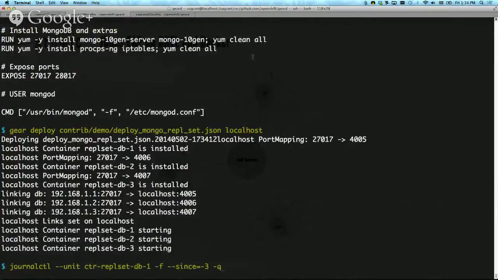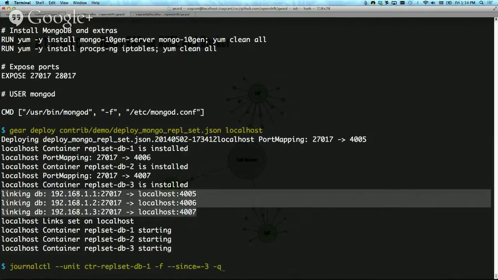But what I'm showing here is I've got this Mongo replica set. I created this image, and I want to wire that replica set together. And I want to do it in a way that it behaves the exact same on my local system as if it's remote. So the really important part here, and I think when we talk about GearD and OpenShift and why this matters for administrators, is trying to make it so that these simple configurations of clustered software that need to talk to each other, web apps that need to talk to DBs, load balancers that need to talk to front ends, message queues that need to talk to other applications,